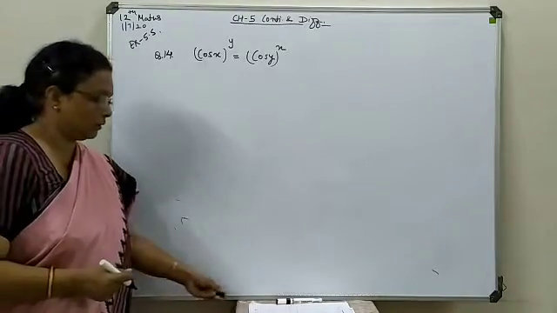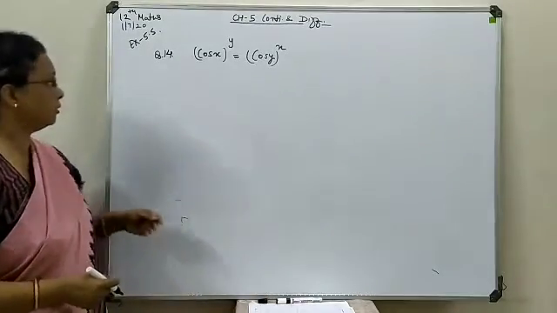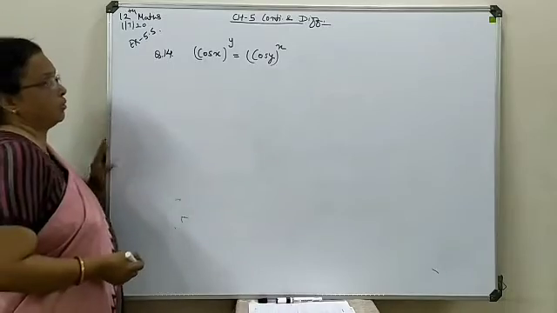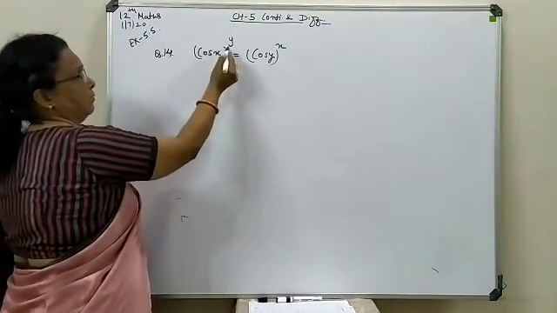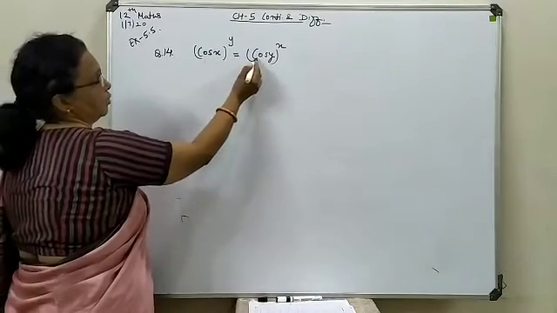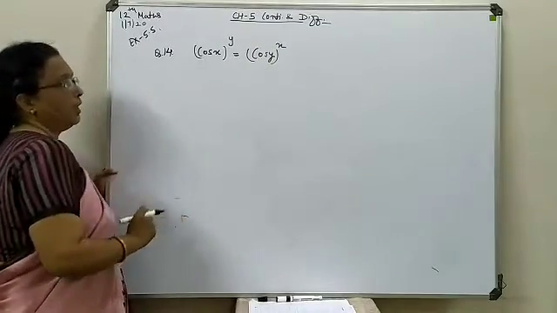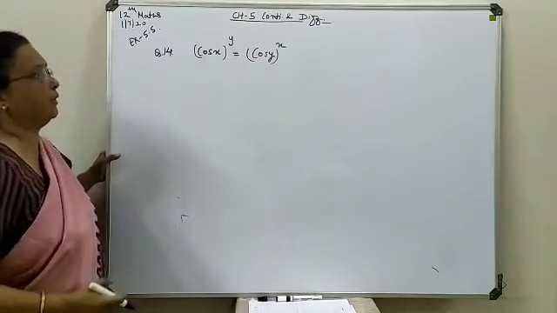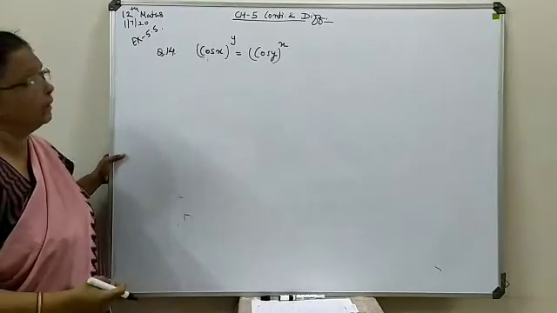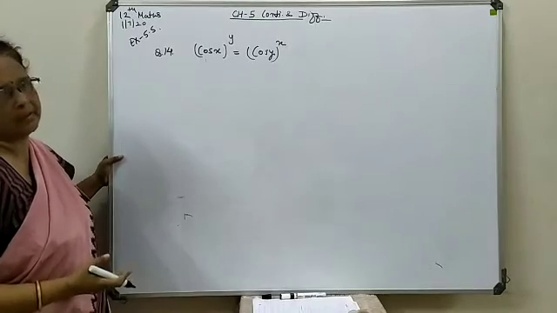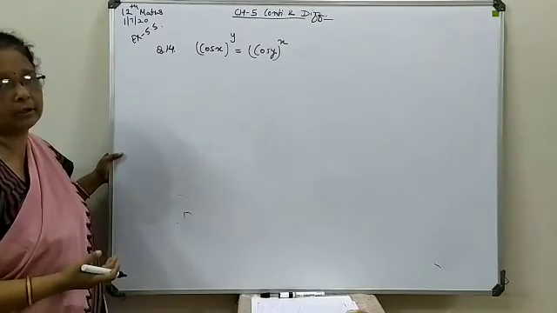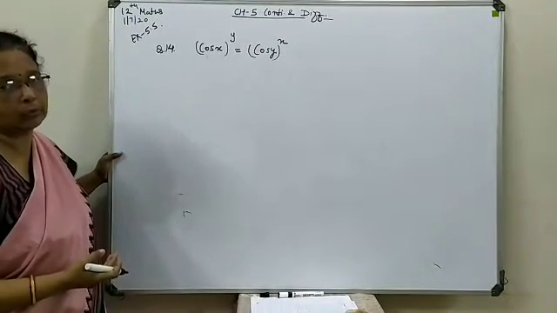Now in the same category we are going to attend two more questions. One of them is question number 14, in which cos x with power y is the same as cos y with power x. Now you can see on both sides we have the term in terms of the variable and as a power form, but in between no plus or minus sign is written, so directly you can go for taking logarithm on both the sides.